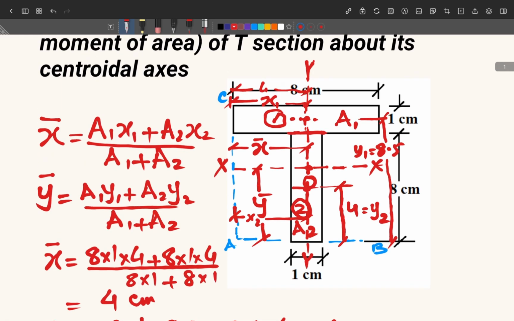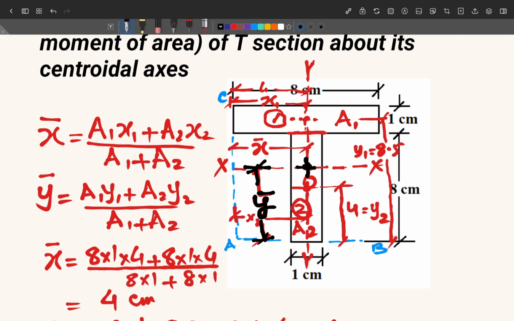This value, which we can see here, this value, y bar, this value is your y bar. So now we have located the centroid of our section, x bar and y bar for the whole section. Now what we have to do here, we have to calculate its moment of inertia about